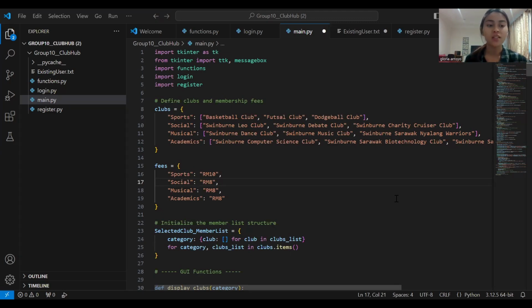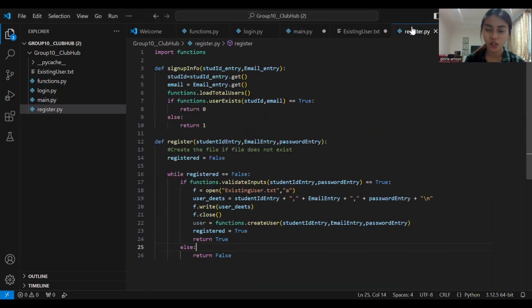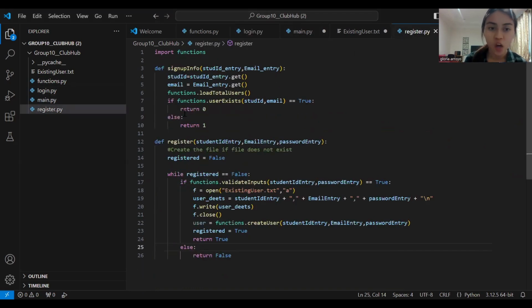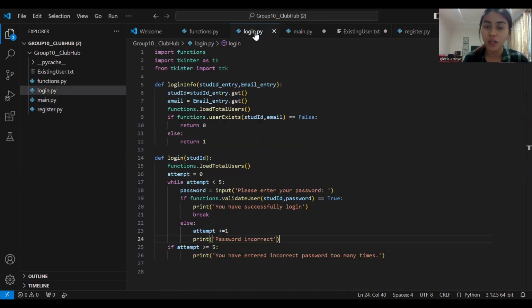But moving on, what does our program do? Our program consists of user registration and also user login, which use the same application, where the users need to input their personal information such as the student email and also student ID. They also need to provide a student password in order to successfully log in or register into their profile. It applies the same way in the login for the students, where they need to input their student ID and also student email, and also provide a password for their